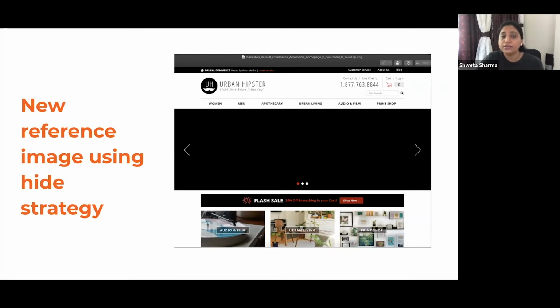So we are not going to use the remove selector strategy here for the slideshow because it's going to interfere with your page layout, which in turn is going to interfere with your testing results. And it would be, in fact, incorrect testing in the first place. So note carefully that we have used the hide selector strategy for the slideshow, and we've used the remove selector strategy for removing all these flickering beacon markers. We don't really need them in our tests because they're just interfering with our test results.